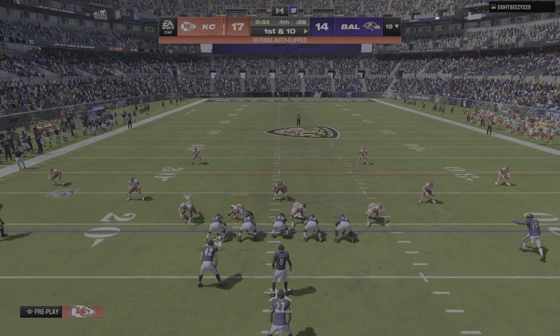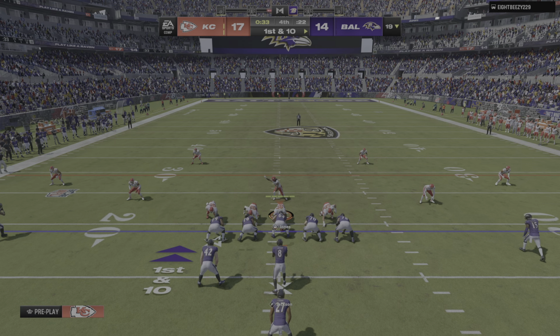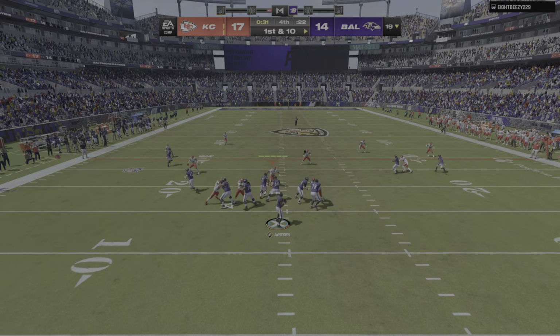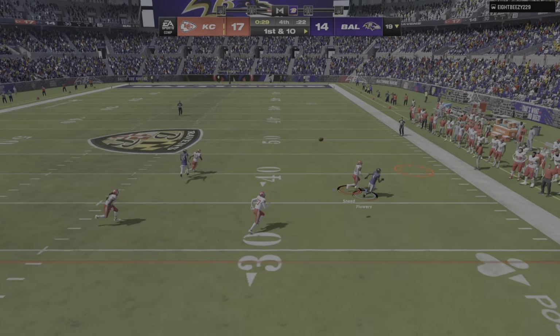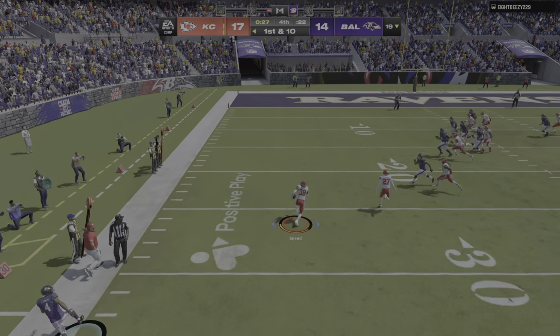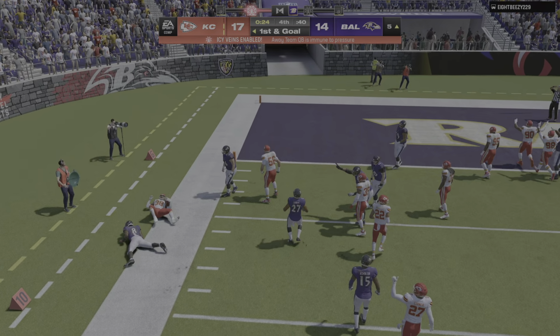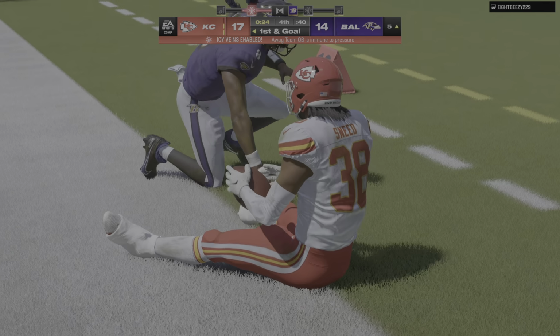This is 1st and 10. Throwing, Jackson. Oh, and that's going to sabotage their comeback plans. It is intercepted. Picked off by L'Jarius Sneed. When you talk about